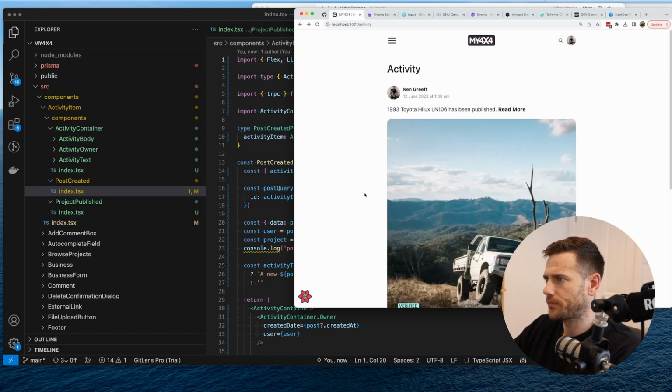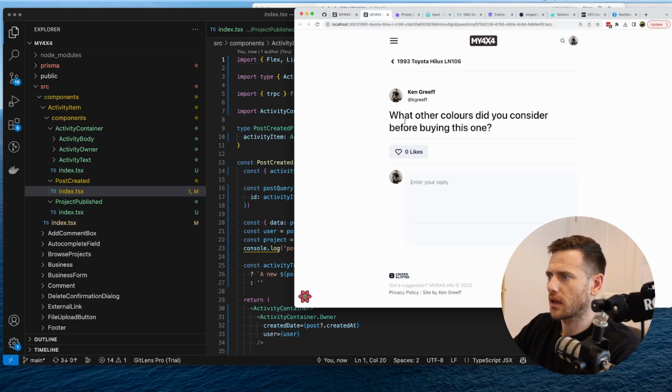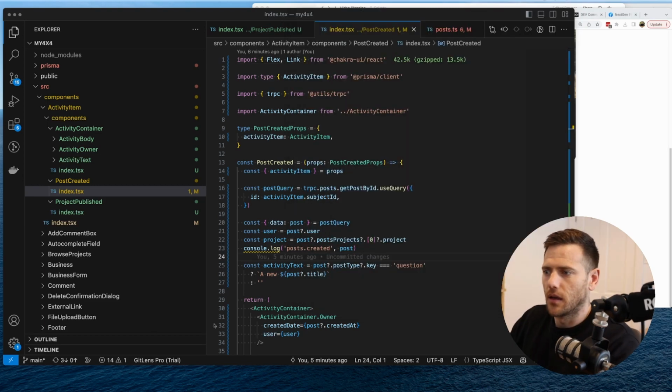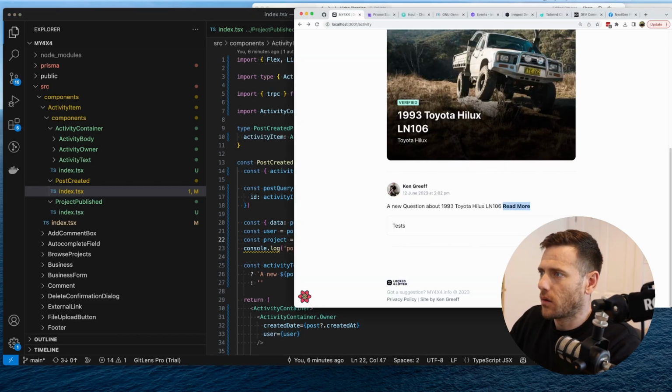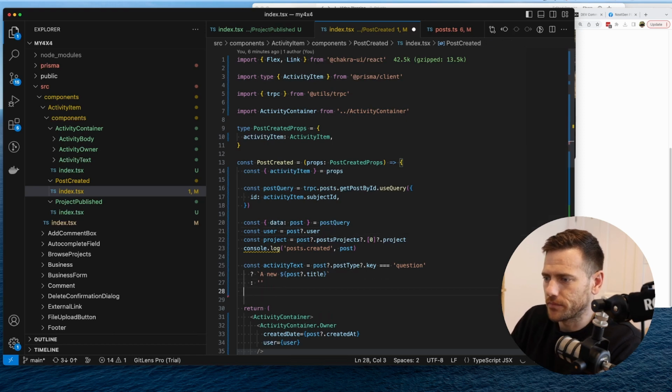All right. A new question about 1993 Toyota Hilux LN3. Read more. Boom. We'll click that. Open a new tab. What does it take us? What other colors did you consider before buying this one? Okay. So when we read more, we open up the post page, but we're going to show the post body here. This is if it's a question. So we'll have